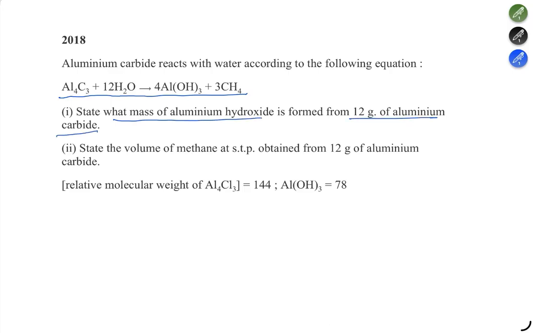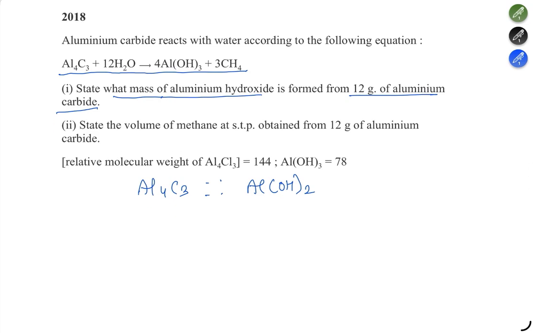Now for every question, as I am telling you again and again, you have to see what you have to find out and what is given. Now here they have given the mass of aluminum carbide. So I will write down this aluminum carbide, and they are asking the mass of aluminum hydroxide. So what is the mole ratio present in the balanced equation? So I can see here 1 mole of aluminum carbide